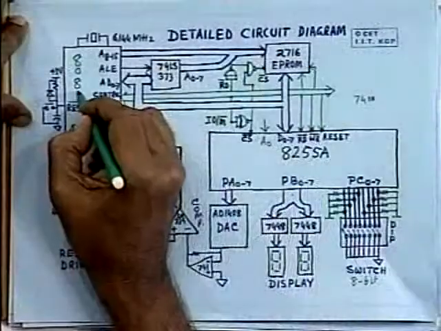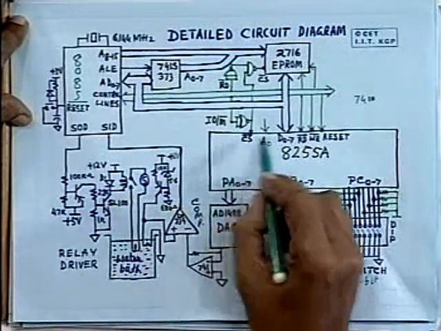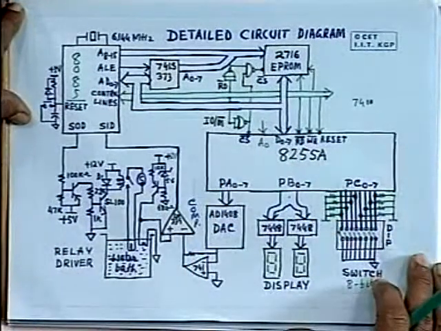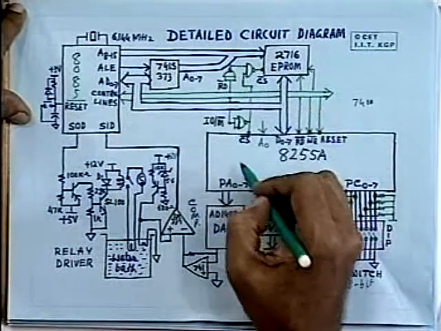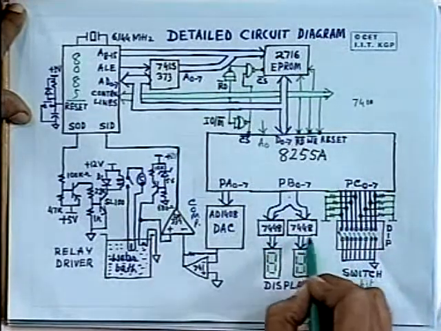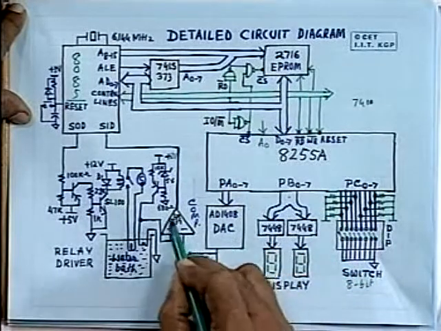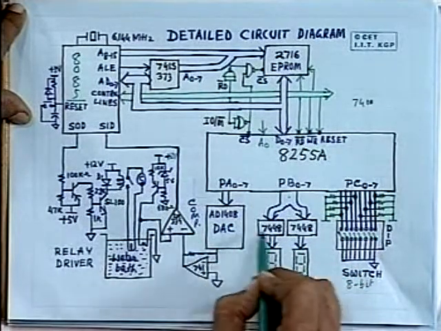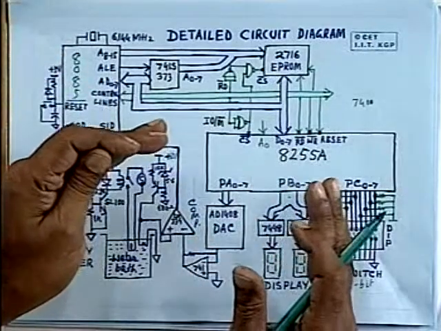So you can see here the number of chips is very limited. You have the microprocessor 8085, one chip, one programmable IO port chip, one device decoder circuit, latch, PROM, and the display drivers, AD converter, and a comparator chip. So these are the ICs you require to build the complete system, and we have tried to implement it with minimum number of ICs so that the cost of the system is low.